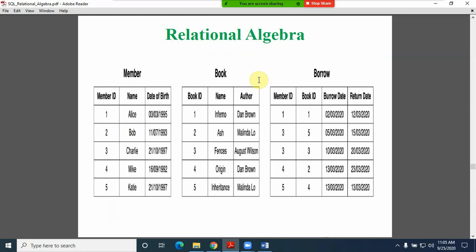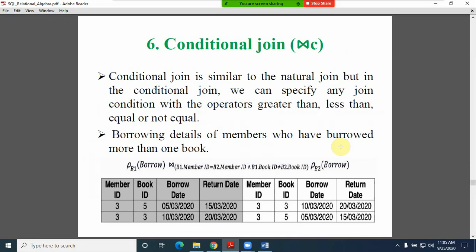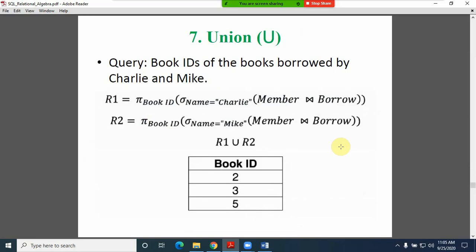Now what is our requirement? We need to observe the details of the members along with the name. Some names have been mentioned in the query, and based on that query we need to fetch the information from the member table, because that name is available in member, along with the book information. So now have a look at how we are going to write the query.